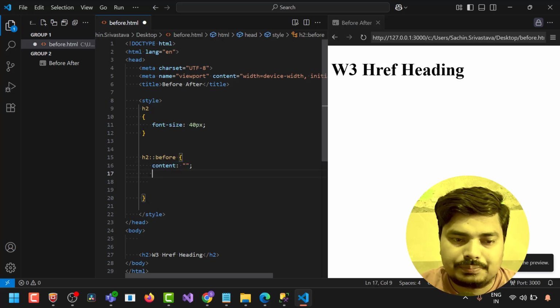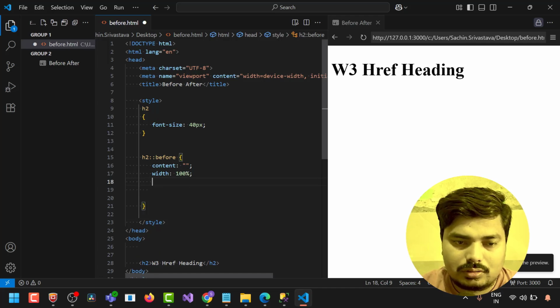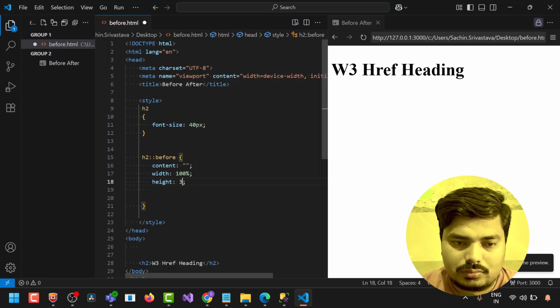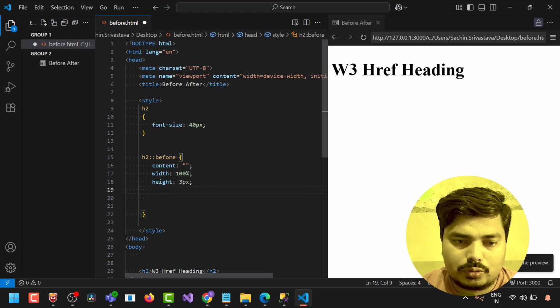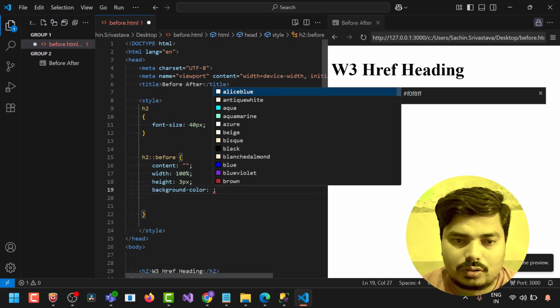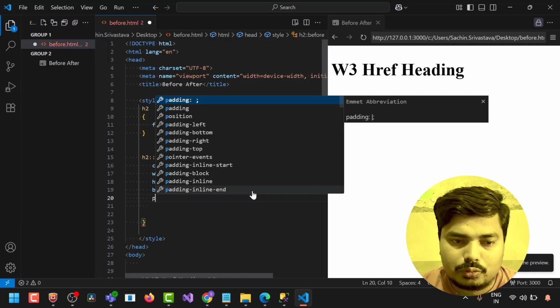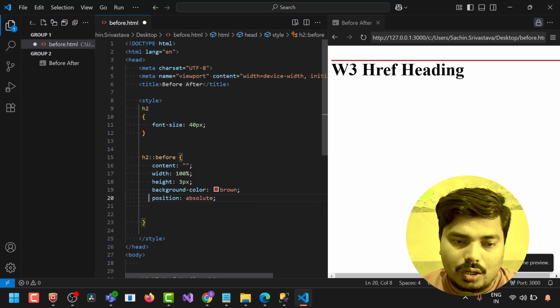I am going to add here width 100%, height 3px, and position, we need to add the position. Before position we need to add the background color red. Once we add the position, it should be position absolute, but before adding position